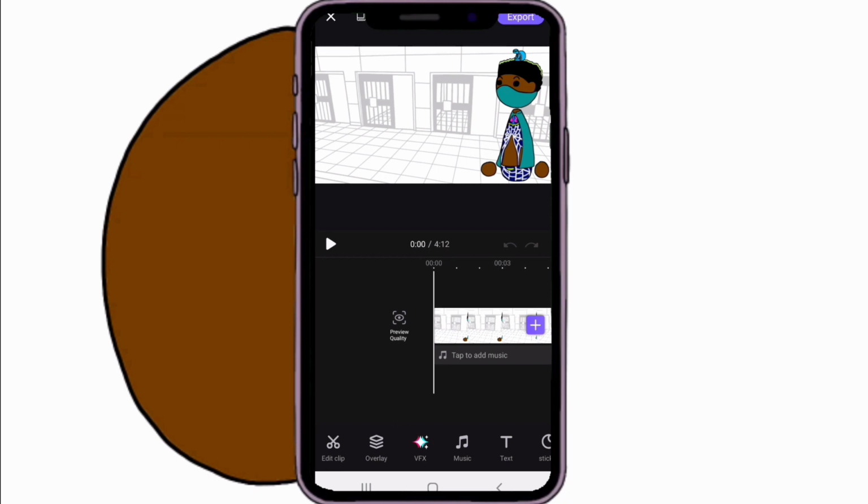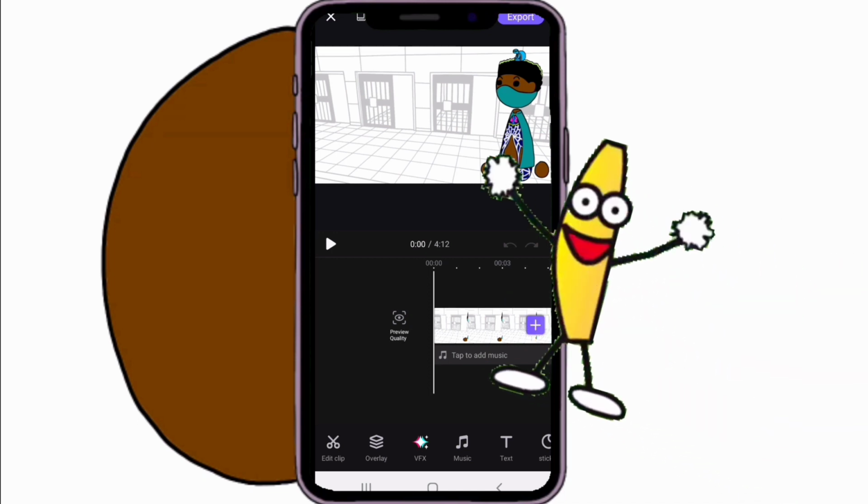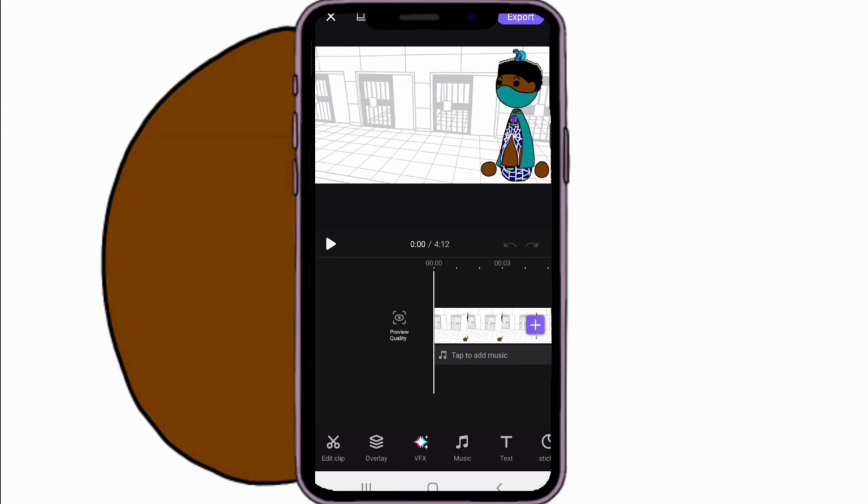I think it's $6 to $7 a month, which if you have a steady job, good on you, you can probably pay for this. If you do not have a steady job, then Inshot should work for you. But if you want really advanced editing techniques, this has green screen. It also has animation in your text and your pictures. If I added a picture right here, I could move it across the screen. Matter of fact, I'll do it right now. This is me moving a picture across the screen with the help of Vivacut.